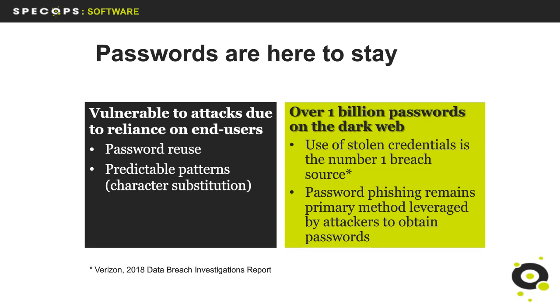So basically, passwords are here to stay. They really remain the number one form of authentication, although we've been talking about and hearing about their demise for years. This is really due to the fact that passwords are supported by all systems, whereas alternate forms of authentication do not always necessarily lend themselves easily to all use cases or are supported by all systems. This reality really creates a security issue, as you're all aware. These are some of the reasons why NIST comes up with guidelines and why we're actually on this webinar. But because of this reality,